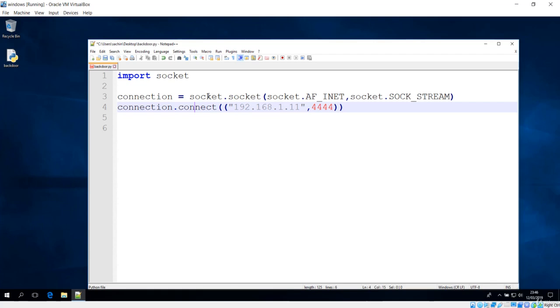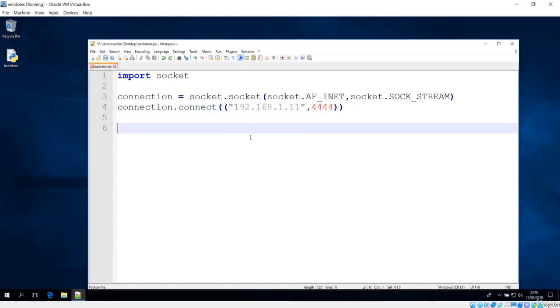First of all, we use this socket module to specify that we are addressing the address family, and this is for TCP communication. We are just connecting back to this IP address and the port. So let's go back to the server now, that is our Kali machine, and let's establish this connection.